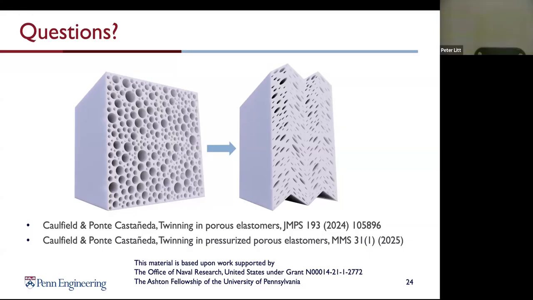Maybe Peter, I can ask one question. It was kind of the presentation by showing results for, and these are experimental results, right? For periodic elastomers. And you saw this pattern transformation, from something that's periodic in one cell to something that's periodic in maybe 2 by 2 cells. And by the way, it's important to emphasize, I think you did say that in the presentation, that